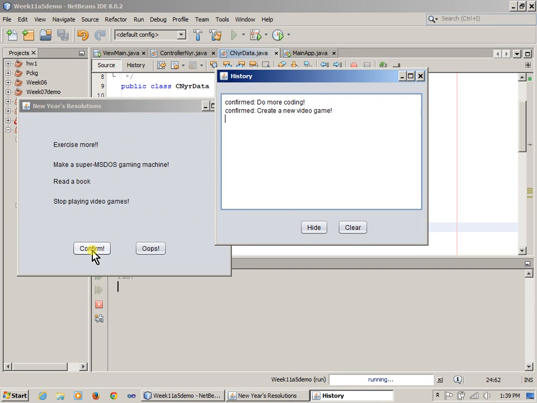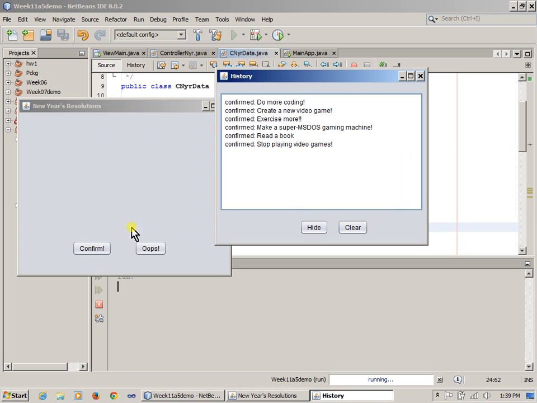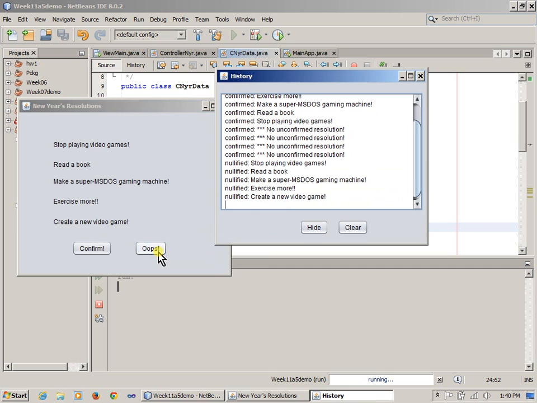And if I keep confirming, and if I do this 6 times in a row, despite the fact that I only have 5 labels, which simply have the purpose of showing things, all 6 of them seemingly go to the history window, which is something I kind of expected to see, right? And if I keep confirming, the history window gets updated, says there's nothing else to do, and the oops button populates these back like that. But if I do this one more time,